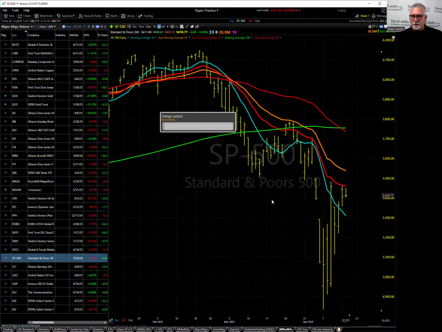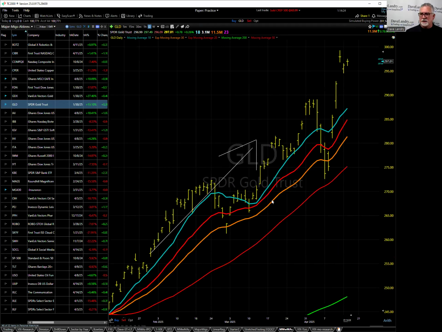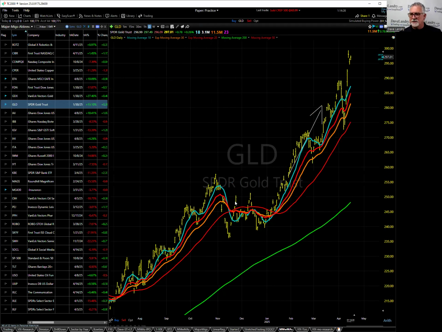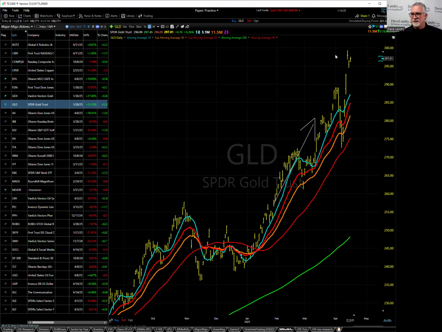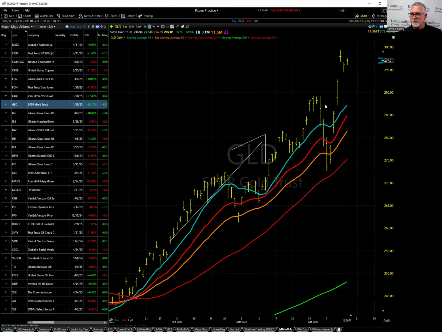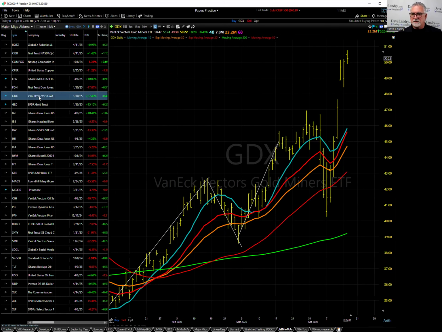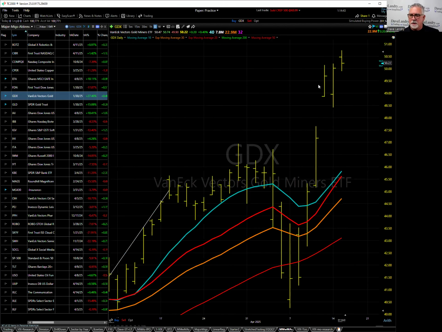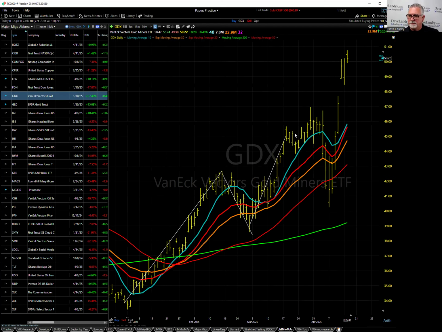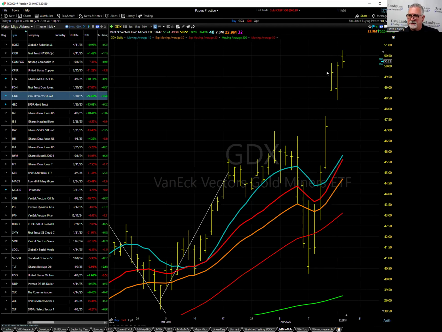If you take a look at gold, the commodity is just off of brand new highs. This is GLD, and that's a good representative of what's happening in the underlying gold stocks. Gold stocks are actually doing a little bit better than gold, and technically they should if gold is moving higher, because the gold stocks are quite leveraged when it comes to gold. The gold price goes up an ounce, their stock's worth a lot more than it was before. But anyway, so we're long